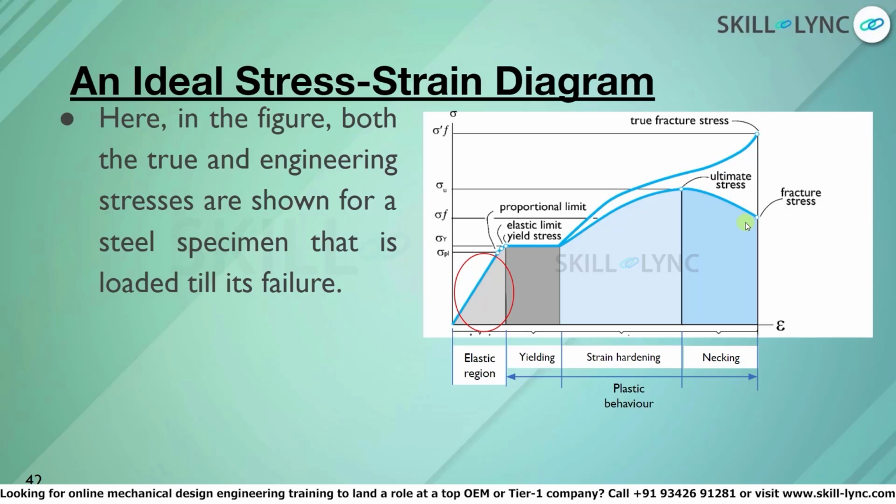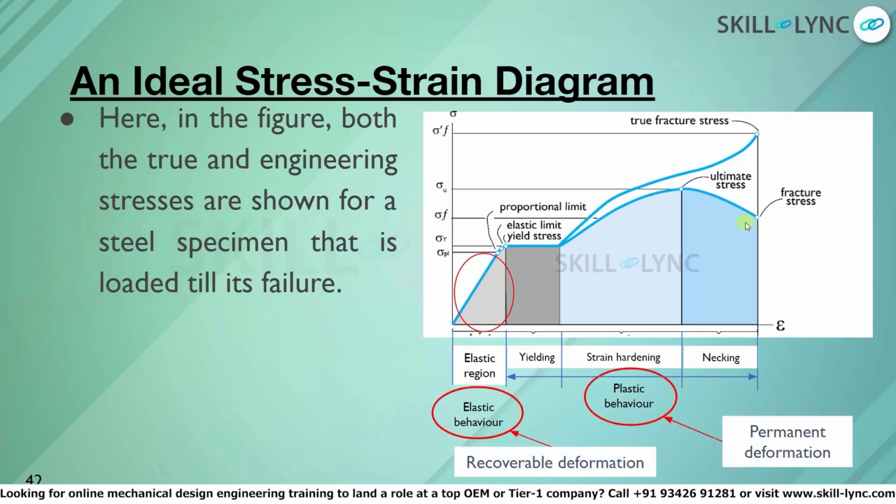Then we have sigma F, which is for fracture, but this sigma is not that critical to find. But we need to understand that sigma Y is when the material is trying to yield. And then we have sigma PL, which is when the material is in the plastic region. Now we can see that the elastic region has the elastic behavior and the plastic region has the plastic behavior. And due to this, yielding, strain hardening and all those steps finally come to a place where the material failing